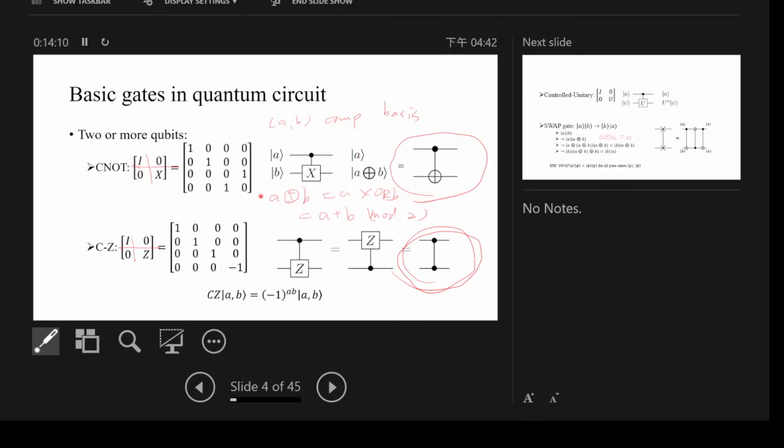So it's a control X. It's also drawn, most of the time, in this way. Control you usually draw with a solid dot, and then this X we just draw like this. And yeah, in terms of its matrix,